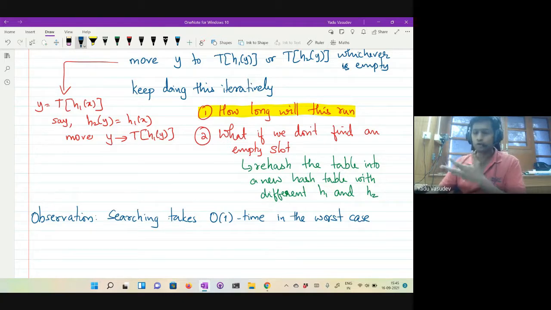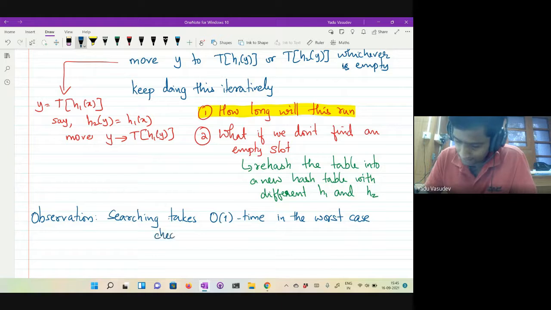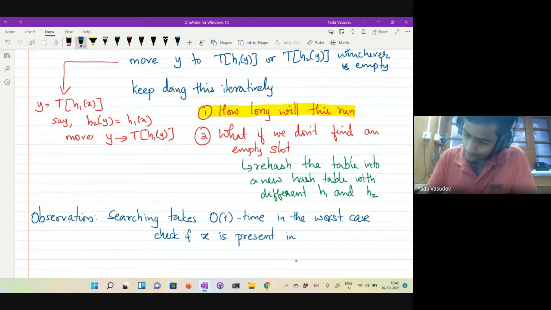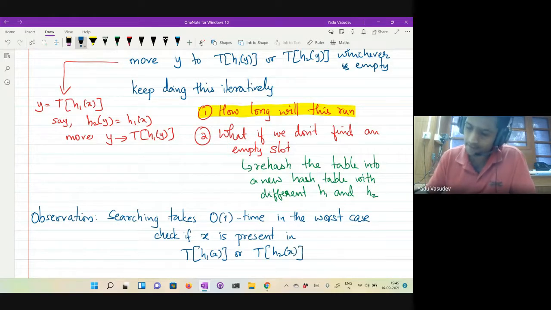Because all you have to do is check if x is present in t of h1 of x or t of h2 of x, because those are the only two places where x can be placed. So if it is not there in both these positions, then definitely x is not present in the table. So searching is very fast.